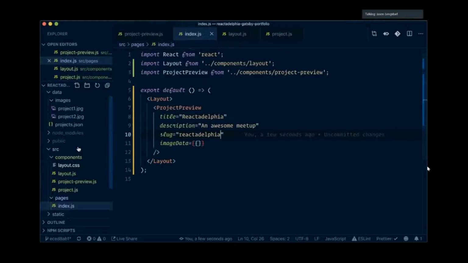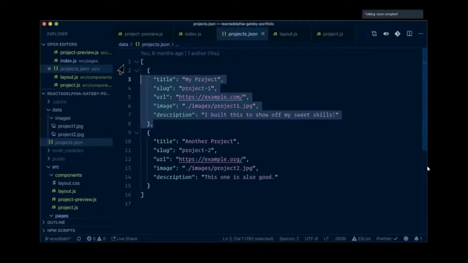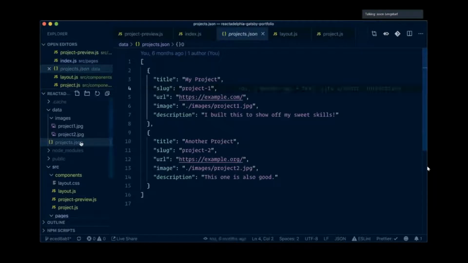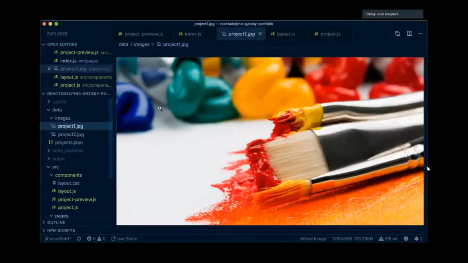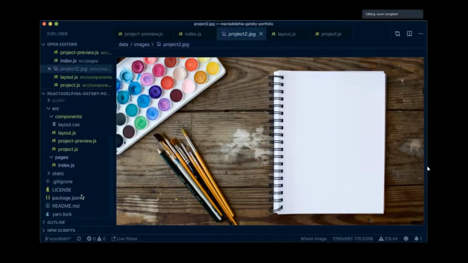To save us time, I went ahead and put together some simple projects. So I added 2 projects as a JSON file. And each one has a URL. We've got these images. The images are stored locally, but these are big images. These are, let's see, 1280 by 686. Those are big images. We're not going to show them that big on the homepage, so we want to optimize them. And so the way that we're going to do that is we are going to set up a Gatsby